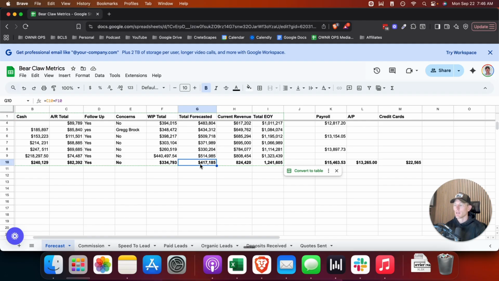So between accounts receivable and work in progress, you get this number right here. So we're adding this and this to get this number. So that means we have another 417K of cash that we can go collect before snow flies here, meaning we've collected deposits or we have jobs on the schedule to go serve that. And that's important to know because